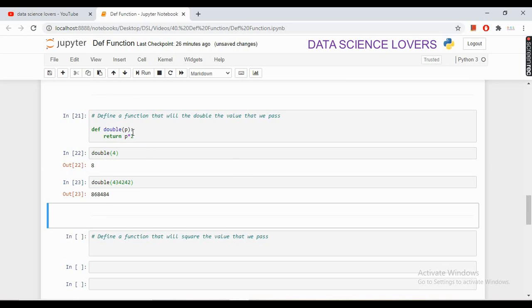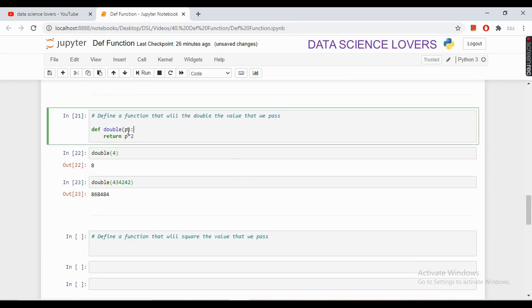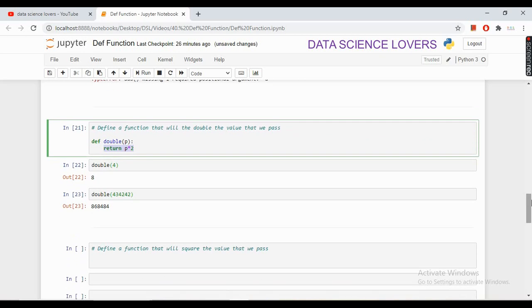If you see here that after the colon, in the second line we have passed the return statement directly without writing the body of the function. We can define this function in one more way also.